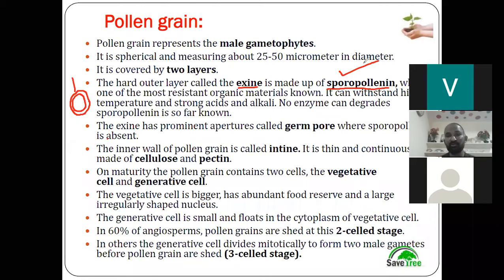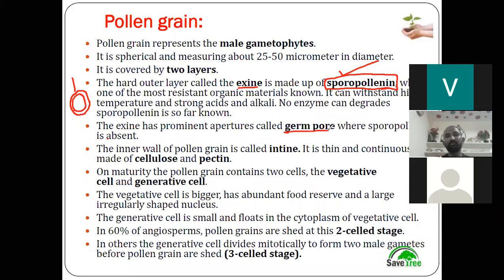Okay, so that's why it is one of the strongest substances found in the outermost layer of the pollen grain. Okay, what is the substance? It is sporopollenin. Sporopollenin. Okay, so actually this exine has prominent